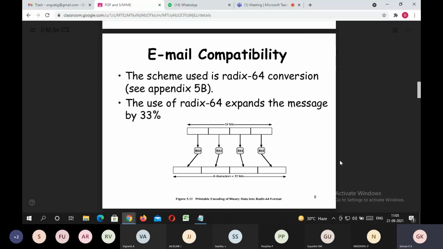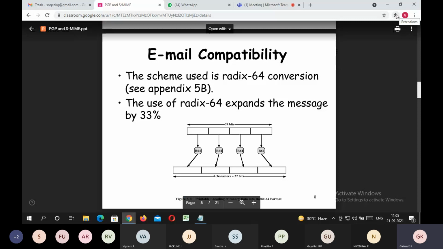For ASCII, for each character we have an ASCII value. For A it is 65, B 66, like that. For each and every character on the keyboard, we have the ASCII value. The Radix 64 table also contains 64 characters, 0 to 63. So totally 0 to 63, where there are digits 0 to 9, then A, B, C, D, that is 26 letters.